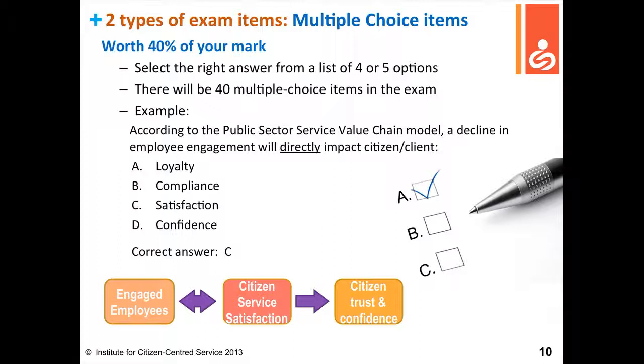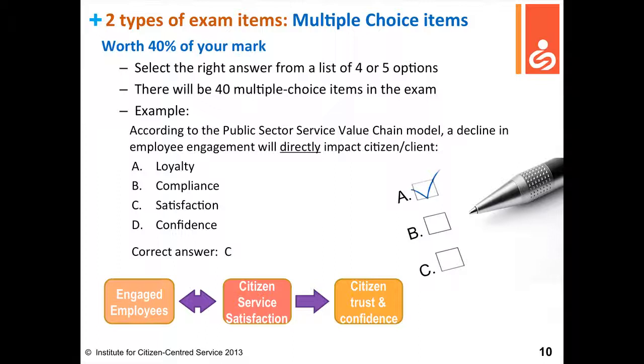Well, in this list of 4, the first one that's obviously wrong is loyalty, because that word, loyalty, isn't something that we talked about in terms of the service value chain model at all. So I would know straight off that loyalty isn't a possible answer. Same for compliance. We talked about compliance, but we talked about that when we talked about different kinds of service recipients. It didn't come into the service value chain. So I would know that both A and B are answers that I could just say, no, not those ones. So now I'm left with satisfaction, which is the answer that I thought was correct at the beginning,